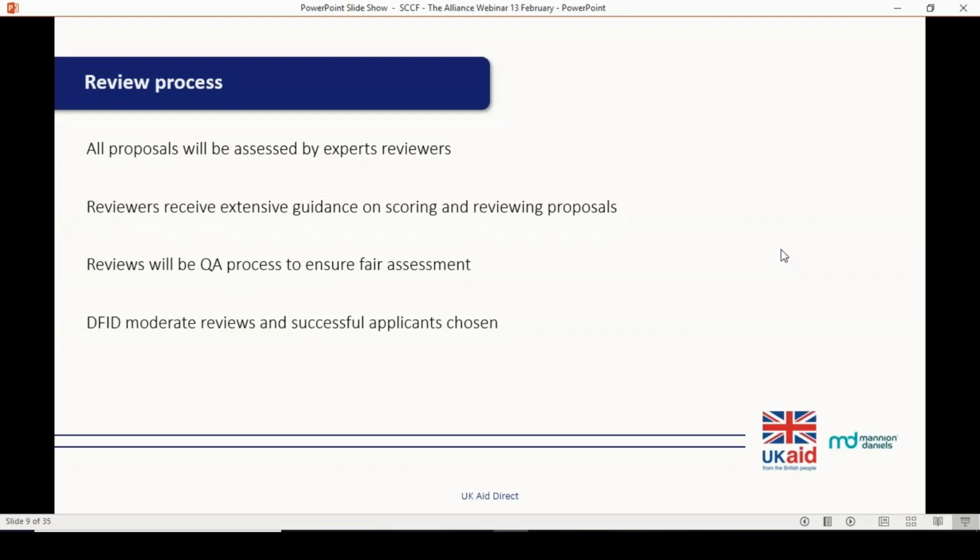Once reviews have taken place, scores and feedback for each application are then shared with DFID to moderate the reviews and to look at the list of successful applicants that are coming out of the review process.